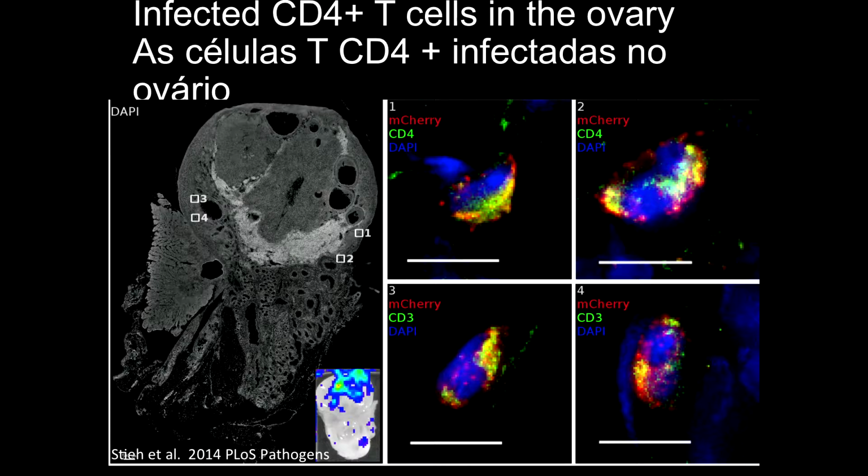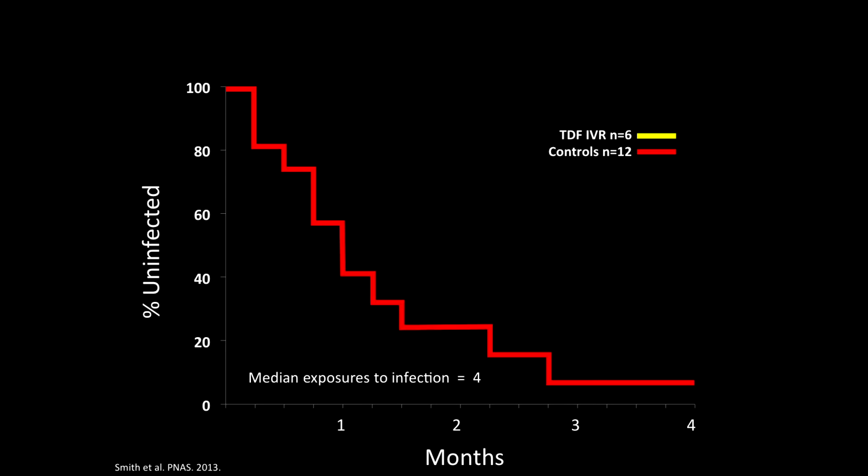And in a PNAS paper, this group, in collaboration with CDC, basically could show that if they gave multiple low doses, they could get all of the animals infected over so many doses. But if they used this TDF intravaginal ring, they saw no infection over time. So this is one of these ideas that it worked perfectly and